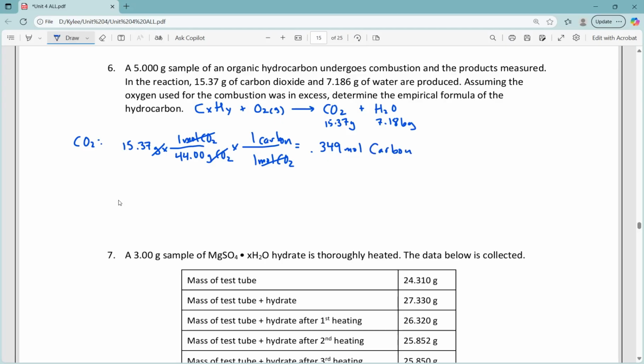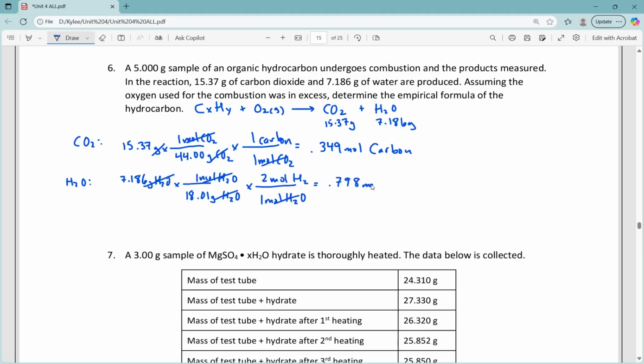So now I'm going to do the same thing, but with the water, H2O, because the water is going to give me the hydrogen. So if I had 7.186 grams of water, water has a molar mass of around 18.01 grams per 1 mole. And in the formula of water, in 1 mole of water, there would be 2 moles of hydrogen. So grams and grams cancel, moles of H2 and moles of H2 cancel, moles of H2O and moles of H2O cancel. And now I'm going to multiply, and I get